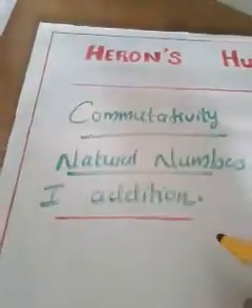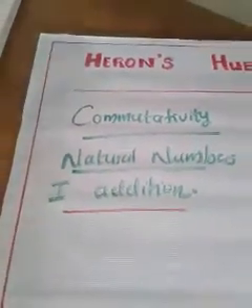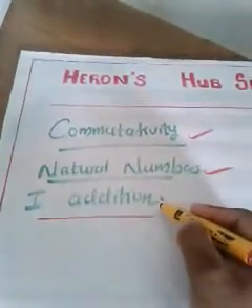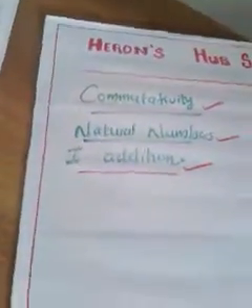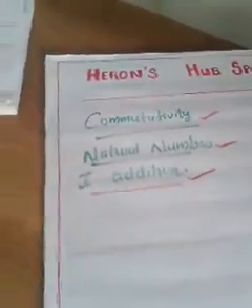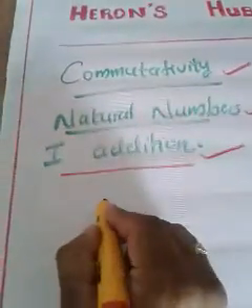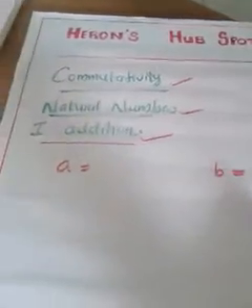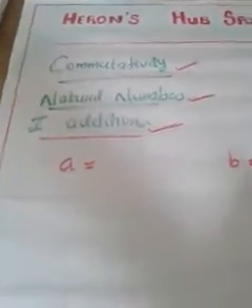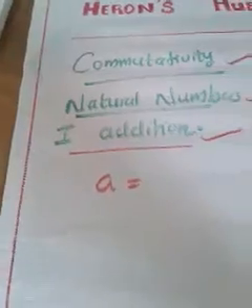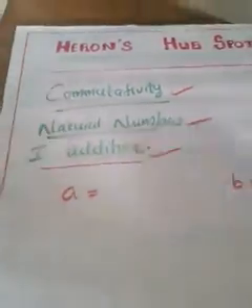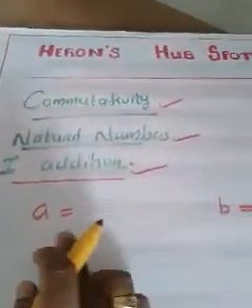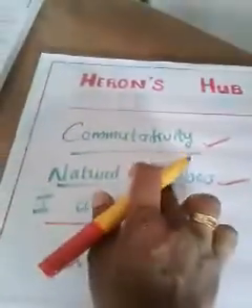So that means what I am going to do, you know how we checked closure property. In the same way I am going to check commutativity in natural numbers under addition. You know how to check. I said this is totally different from closure property, and we need two numbers. Here also we need two numbers, A and B. No change. Don't get confused between commutativity and closure. I told you this is a totally different concept. The only similarity is we need two numbers, A and B, as in closure property, and we have to choose A and B such that both numbers should be natural numbers.